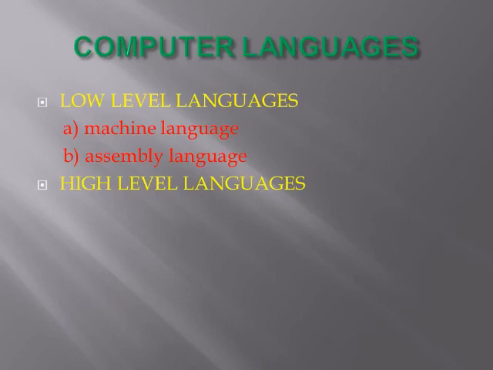High level languages are machine independent. They can be run on different types of computers with little or no change. A few examples of high level languages are BASIC, COBOL, Fortran, C, C++, and Java. These are the high level languages. Clear? These are about it.